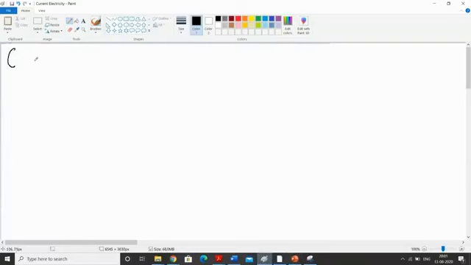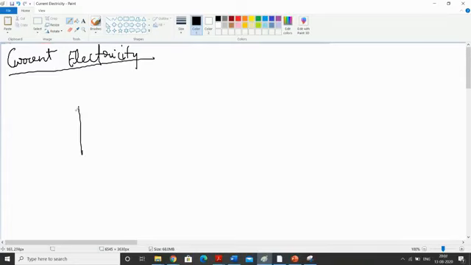Okay, so current electricity we are going to learn. First, quickly I'll explain to you the basis of circuits, which is Ohm's law. So if V is the voltage of a cell or the battery, and R is the resistance across it, so V,